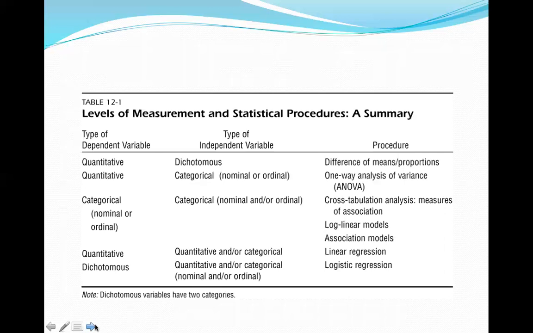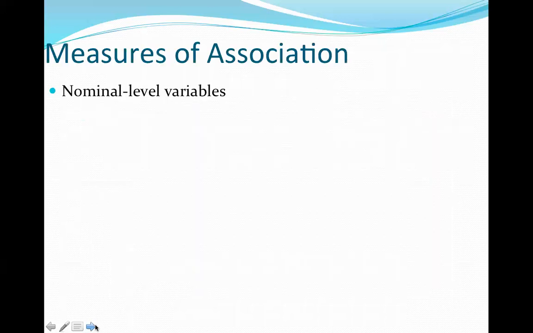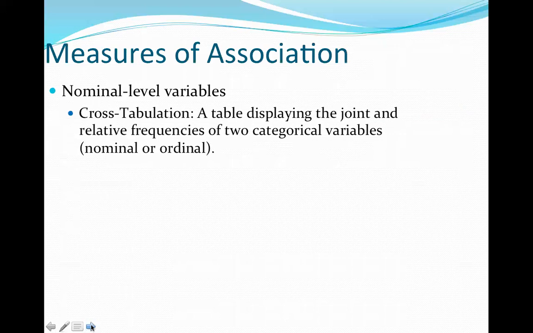So I don't expect you to understand what those things mean yet, but I just want to point out that the choices you make moving forward are going to be heavily dependent on the level of measurement of your variables. So today what I want to talk about is a particular measure of association that's very intuitive if you have nominal or ordinal level variables. So we'll move later into more for the ratio level, but something that's really intuitive, I think, if you have